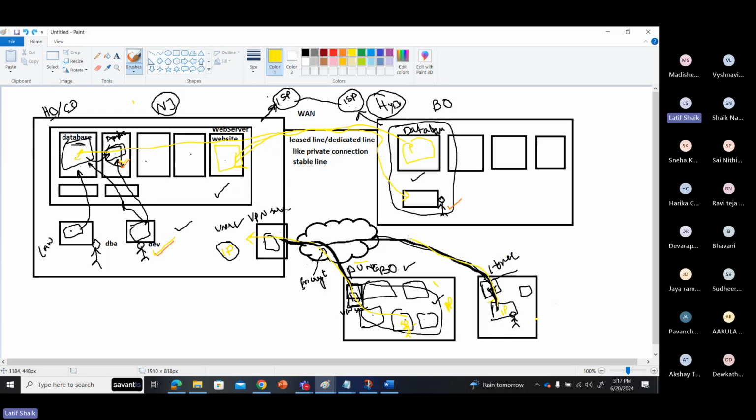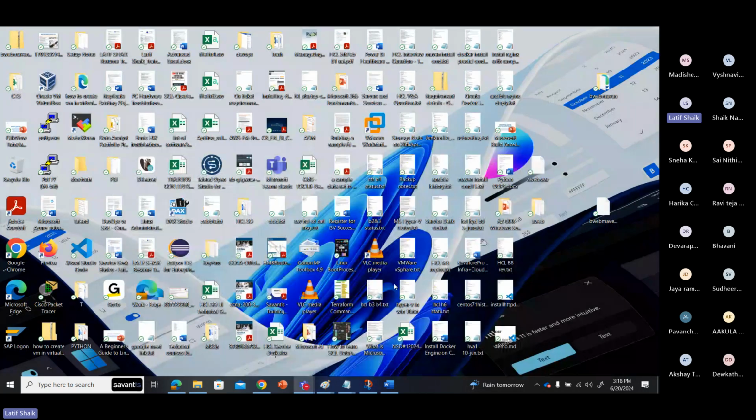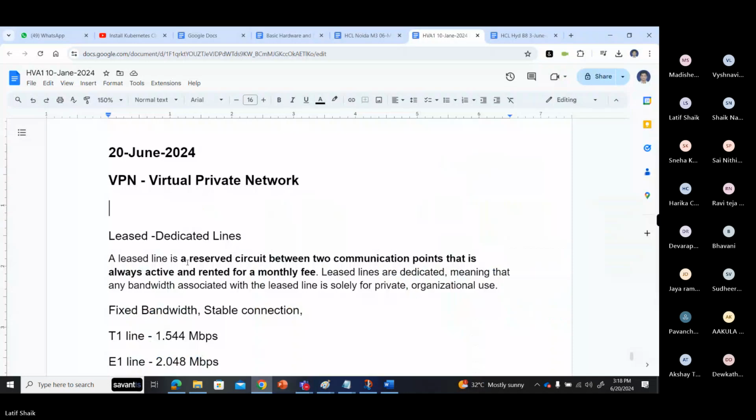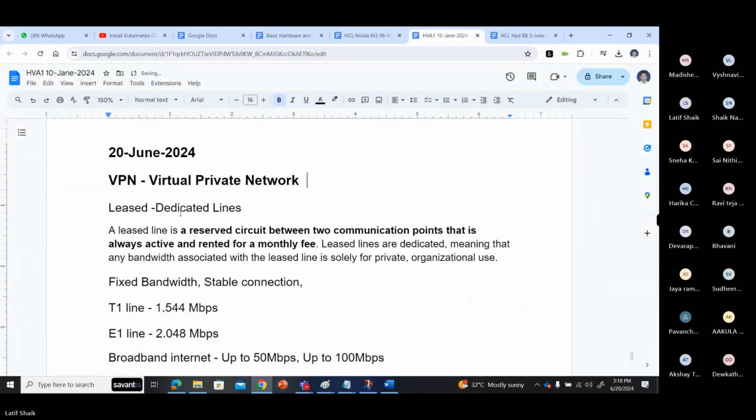Like this, you connect over the internet to the VPN, and from the VPN you can connect to your infrastructure. Okay, so this is the VPN story. This form is called a remote VPN type. Just understand any point from here.